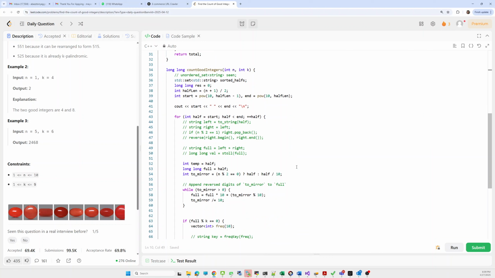So let's start. First we took the half part. To handle both even and odd lengths, we took n plus 1 divided by 2.